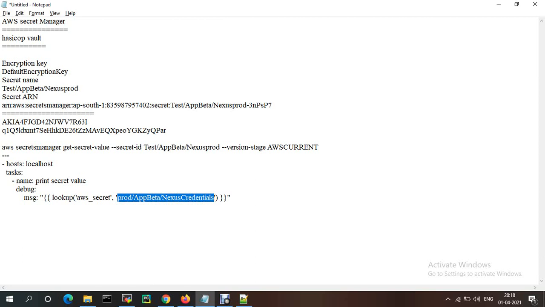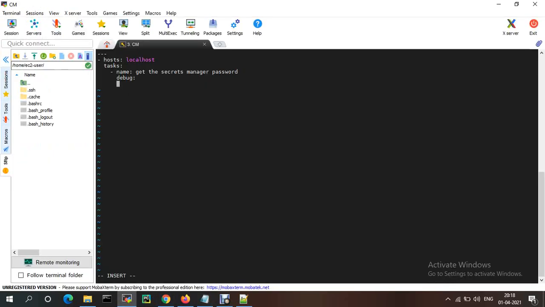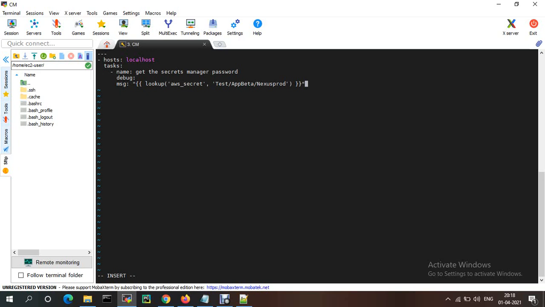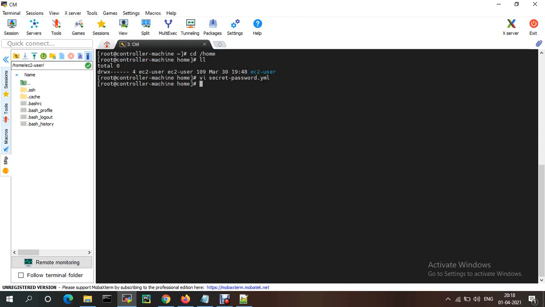I'm just copying this one. Here we need to give a space, and here also a space is required. So I'm saving this file.